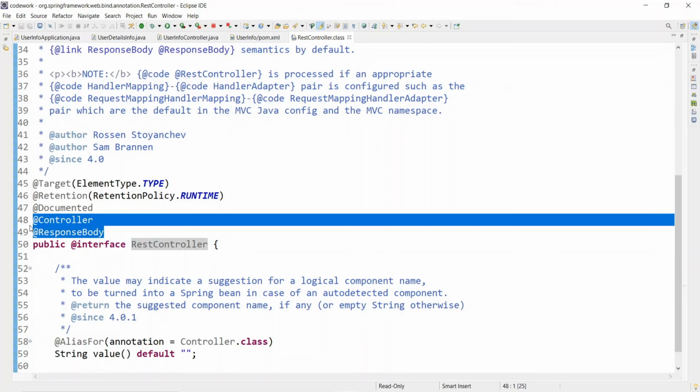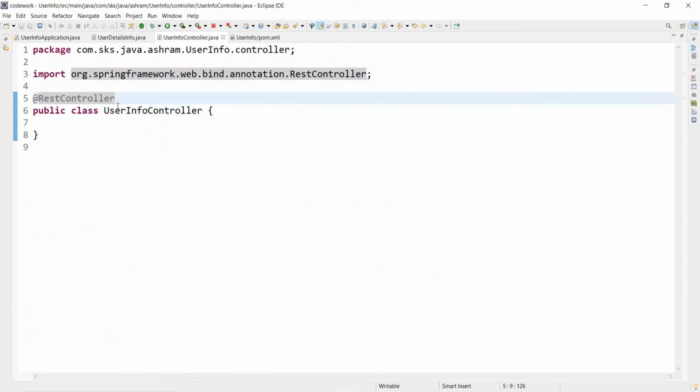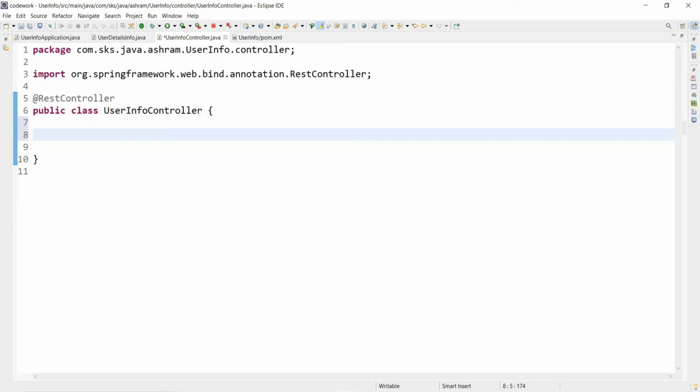This is how you used to do it in the Spring framework without Spring Boot, but Spring Boot has already done it for you. You just need to use @RestController and start writing the REST API, writing the methods that will be bound to HTTP requests.